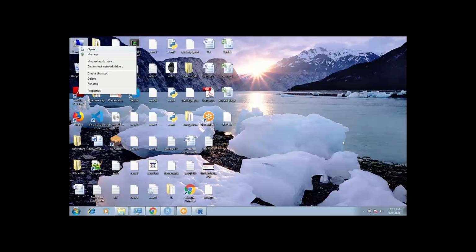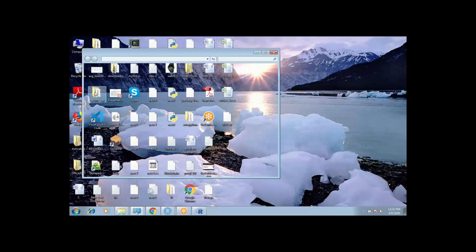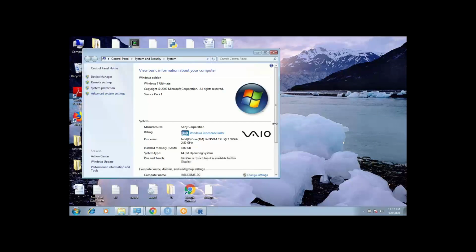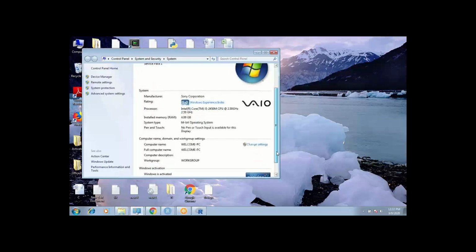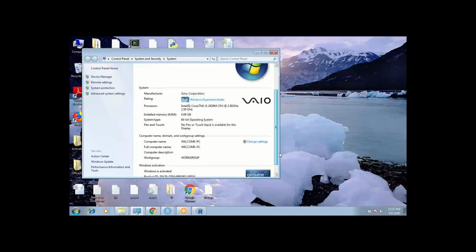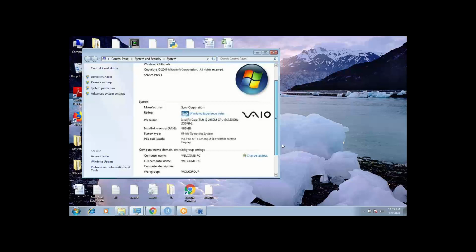Let's see properties. Why is this Windows 7 a favorite of you people? This version of Windows has always been a pain.